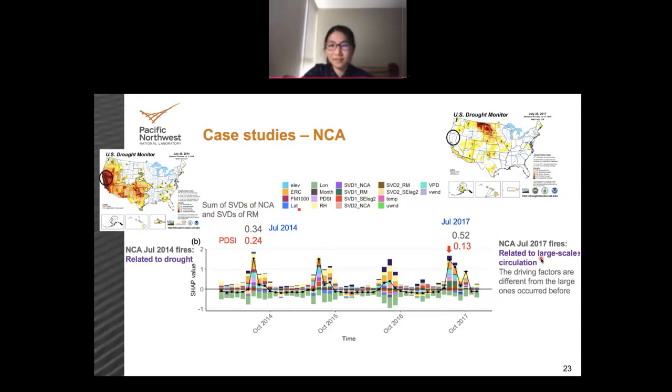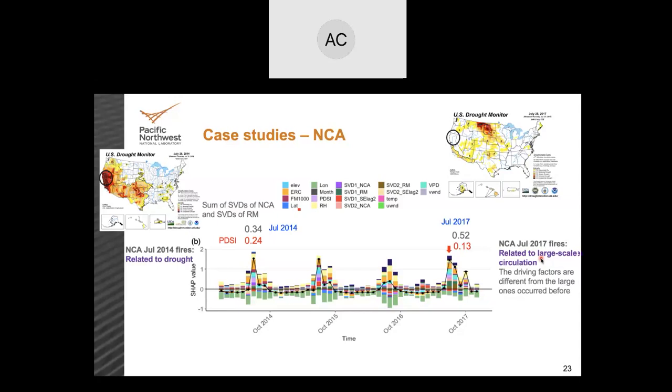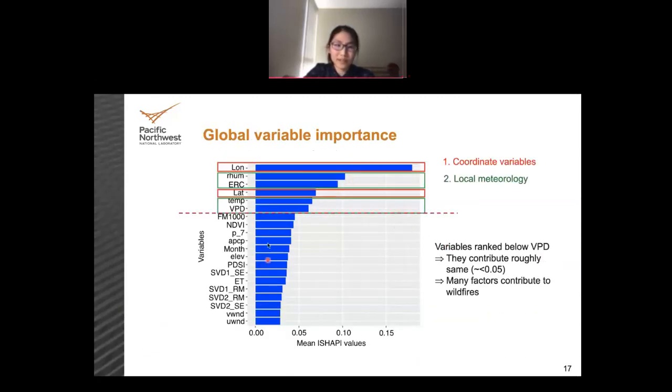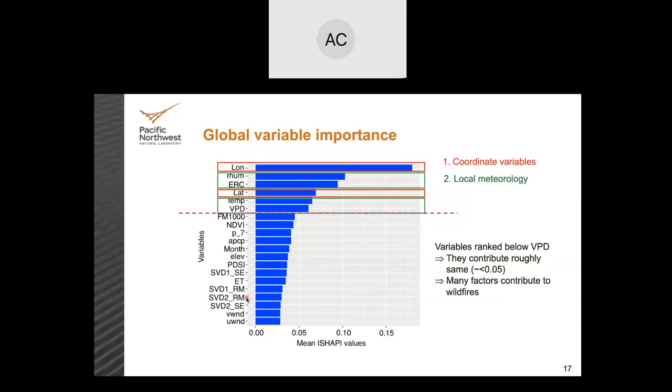Yeah. So just very quickly, it sounds to me like without Shapley, you wouldn't have been able to see that in different places the driving factors are different. Yeah, because the default variable importance, like the gain method in XGBoost, you can only tell one, considering all the samples. So if you look at the global importance plot here, actually SVDs don't have a large contribution if you consider all the samples, but it shows up in a single event. Yeah. Makes sense. Very nice presentation. Thank you so much.